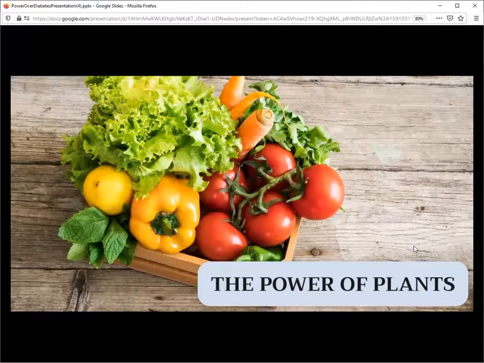So we've heard a lot about all different kinds of diets, and I don't do the diet thing. Each of us needs our own mix of foods. Each body is so individual that we can't just say, this is the diet you need to do to reverse diabetes, because it doesn't mean it's going to work. So instead of looking at it as a diet, I want to give you some foundational principles, okay?